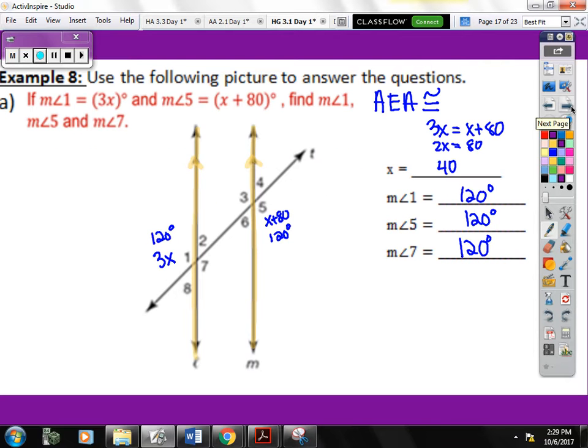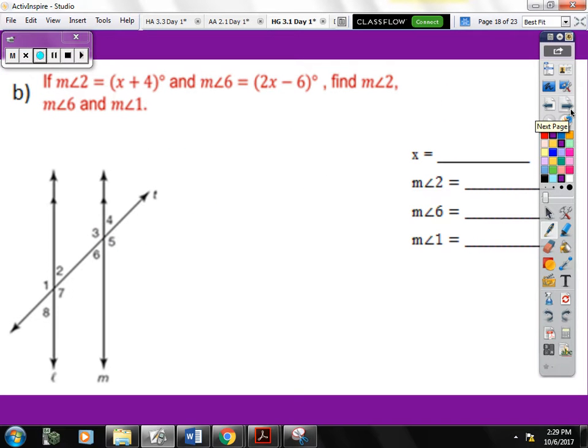Okay, the other example we didn't get to in class, for some of my classes, was example B with our algebra problems. So, first of all, again, I'm going to highlight my parallel lines. Notice the markings indicate that they are indeed parallel. They give me, in this case, the measure of angle 2 is x plus 4. And the measure of angle 6